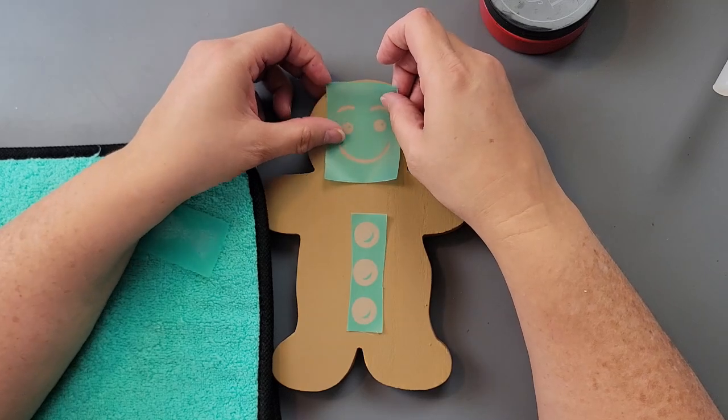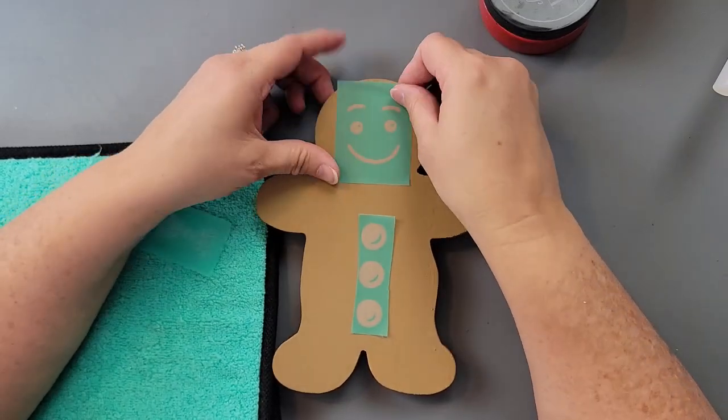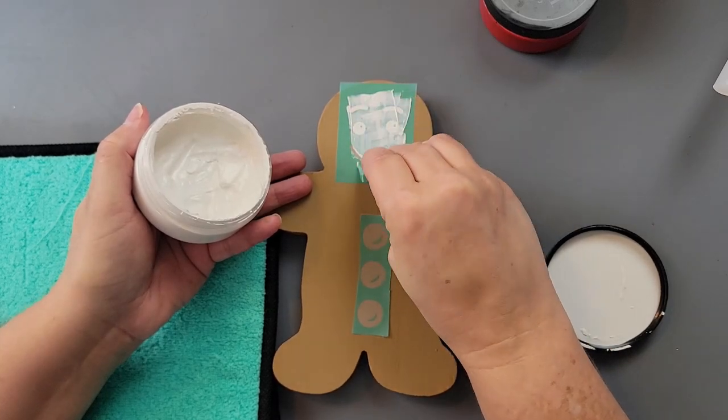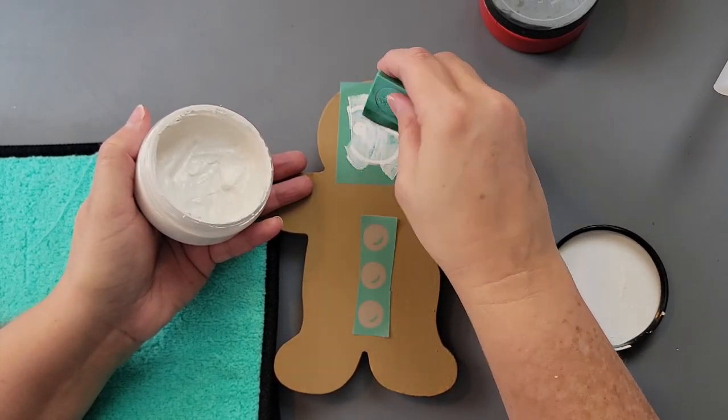So I do start out with my face first. I'm going to go over it with my white chalk paste. I'm going to do a bow tie with, I think it's cherry red chalk paste, and then the rest